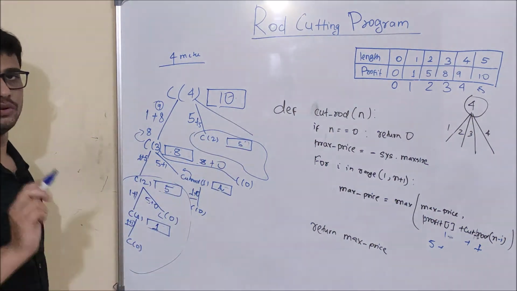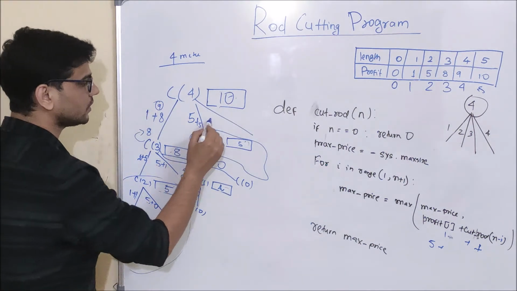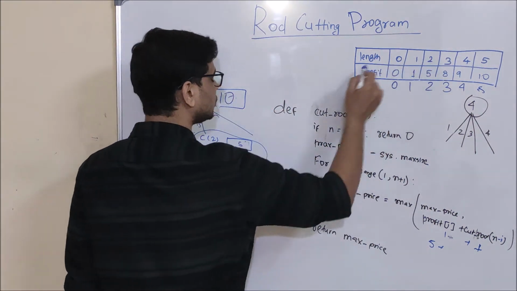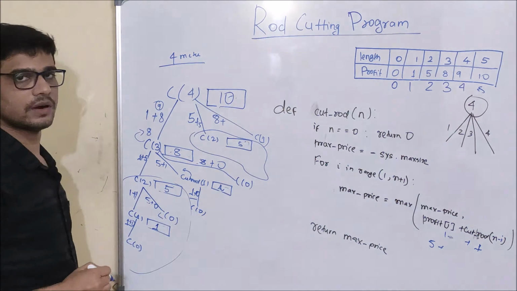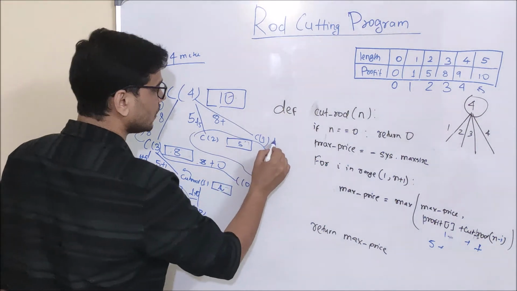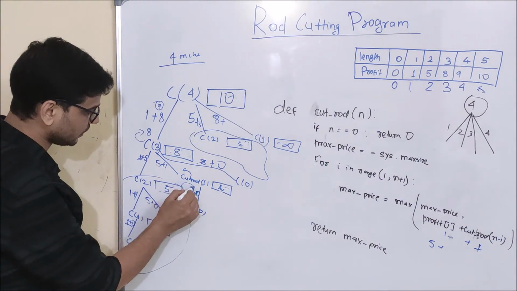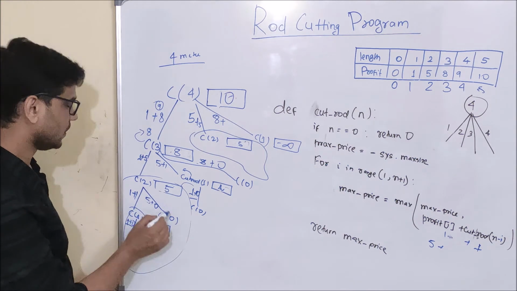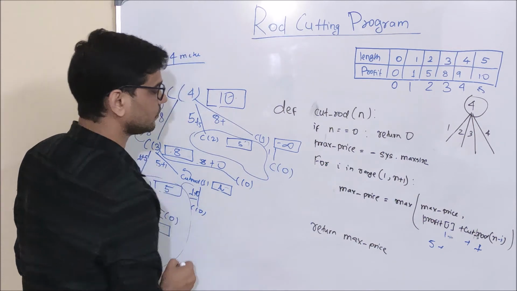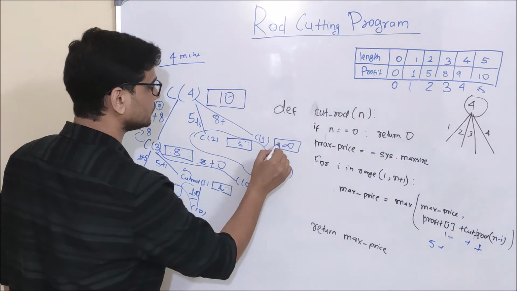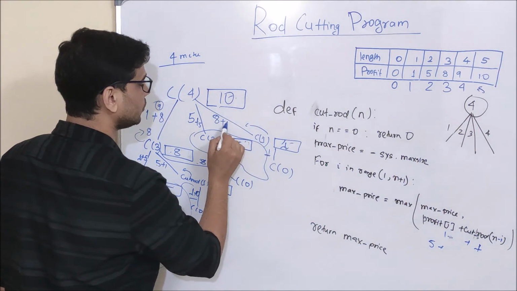Again cut rod of 4 will execute for i equal to 3. That is, it will give a 3 meter cut. And when it gives a 3 meter cut, what is going to happen? Profit of 3, that is 8, plus cut rod of 1 will be called. And when cut rod of 1 is called, a minus infinity value will be created for this particular thing. And where is cut rod of 1? This particular thing. This tree will grow. That is, it will give a 1 meter cut and call cut rod of 0. And here, as this one is bigger, 1 will be updated and returned to this particular thing.